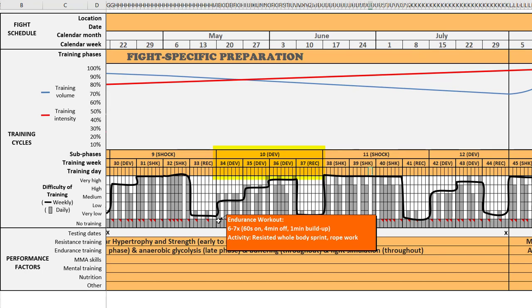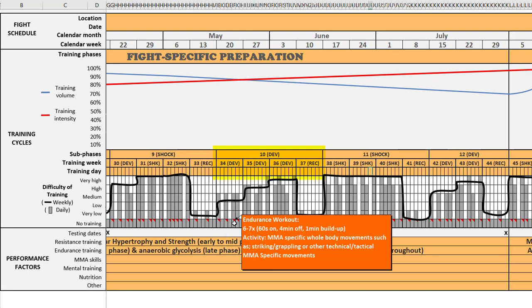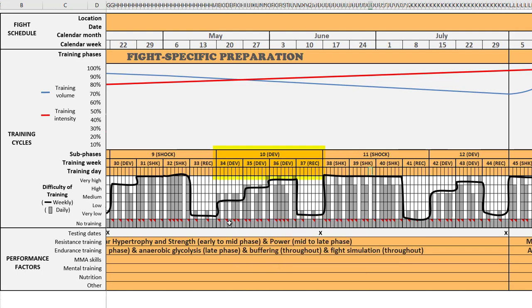So as we move through this fight-specific phase, we continue to increase intensity by lowering the endurance work interval. Here, we're working with, as you can see, 60 seconds. This is completed, in this case, 6 to 7 times in week 34. And again, we have a whole body session earlier in the week, and then the next one is going to be an MMA-specific session. For resistance training, you can see here that we've dropped the repetitions. Now we're working in the 5 to 6 range, and you can see the rest. It's 2 to 3 minutes, and the number of sets, 2 to 6.